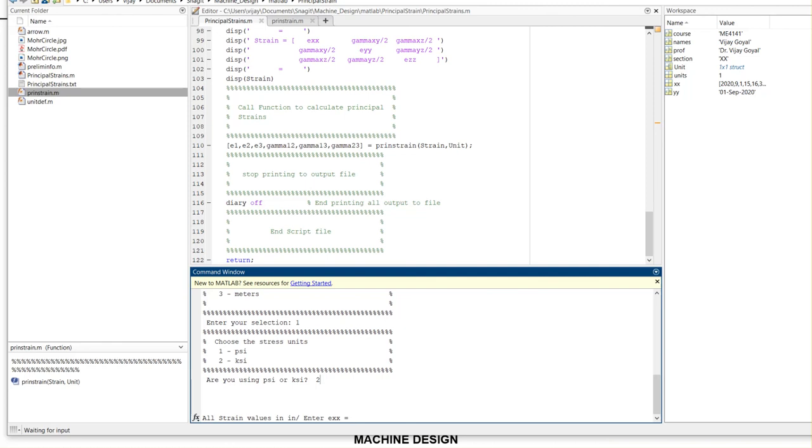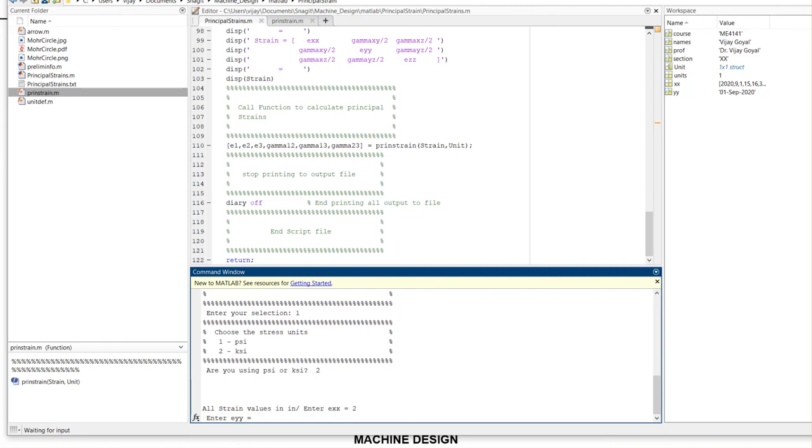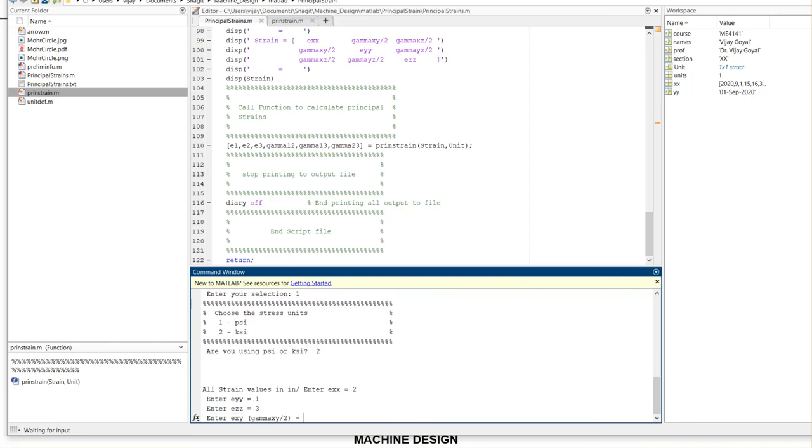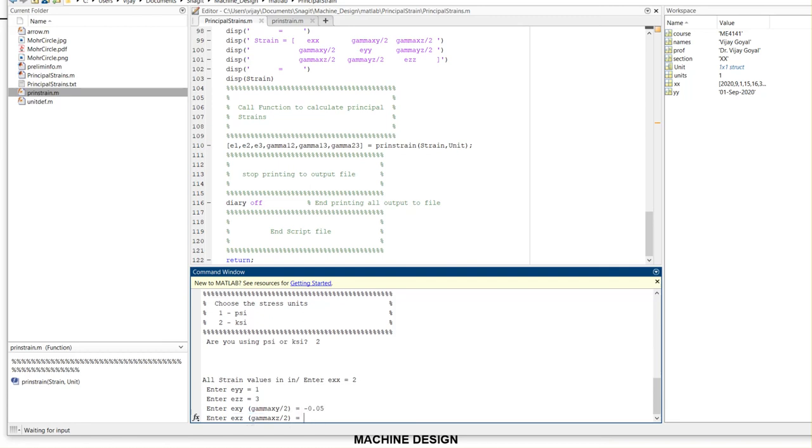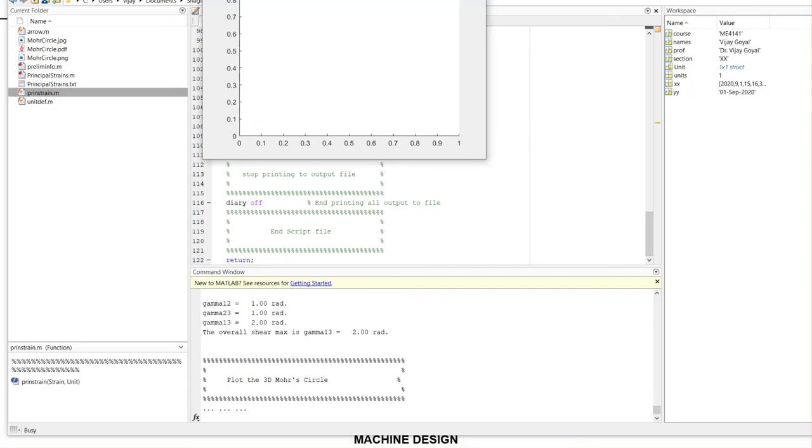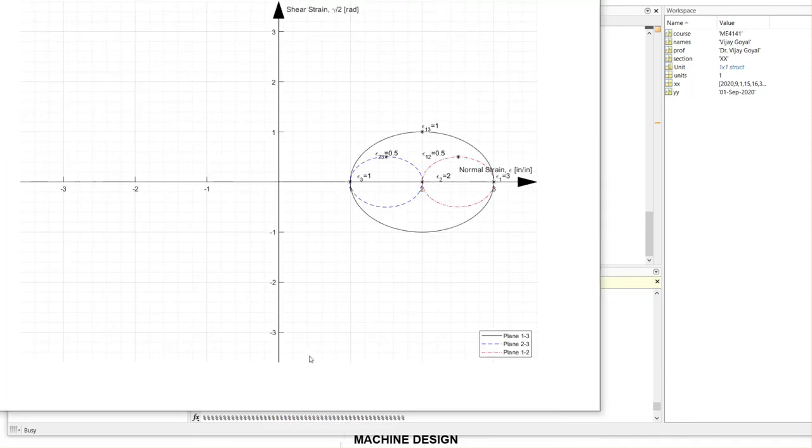So let's suppose this is 2 microns, 1 micron, 3 micron. Just don't forget this is divided by 2. Okay, if you don't divide by 2, you're going to get an error. So let's suppose this is minus 0.05, this is 0, this is 0, and